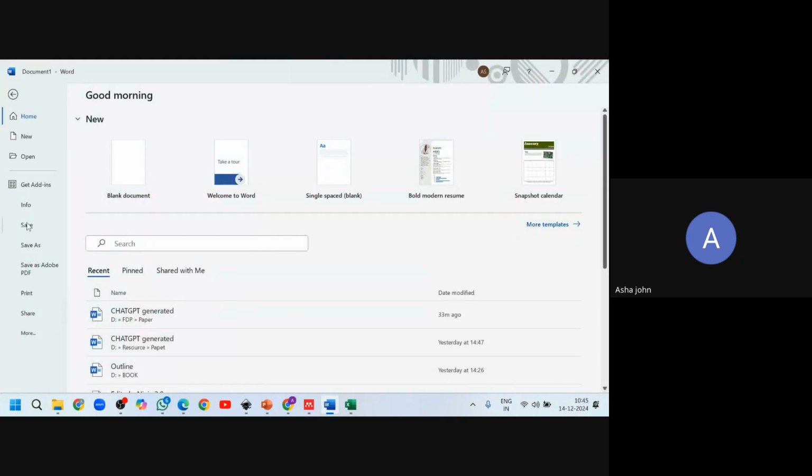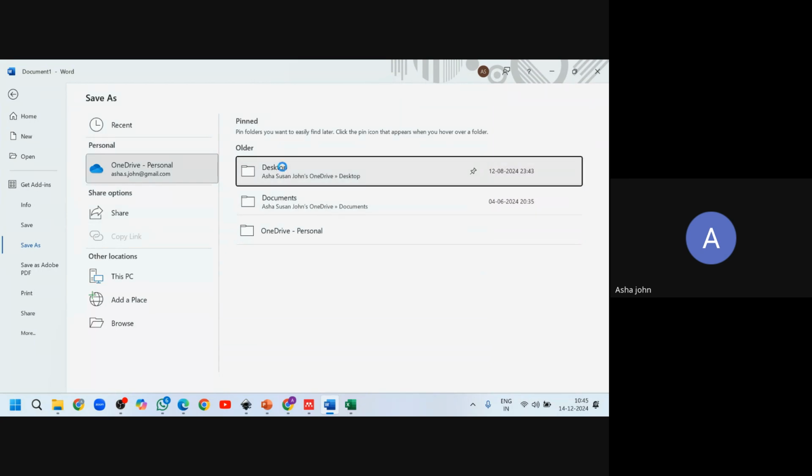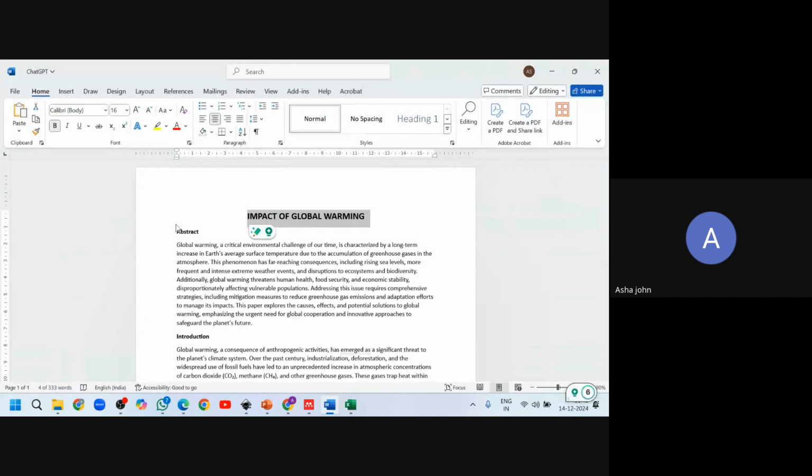I'm going to save this. So this is a text that is generated using ChatGPT.